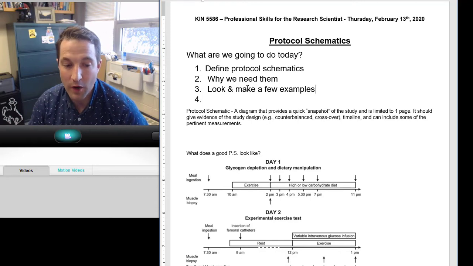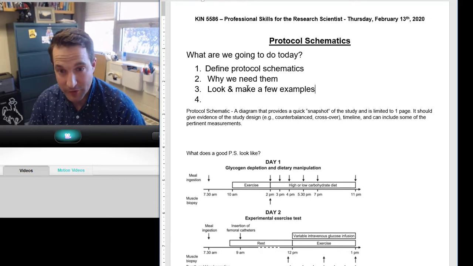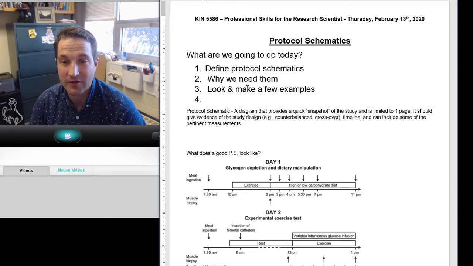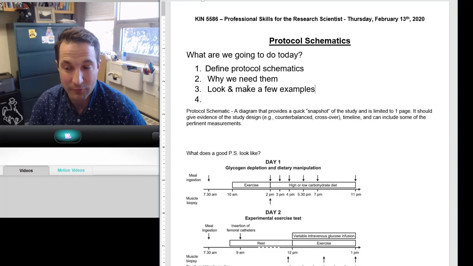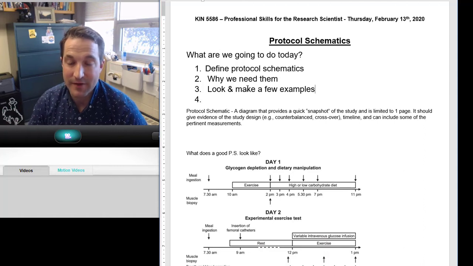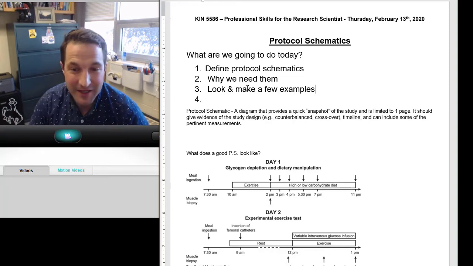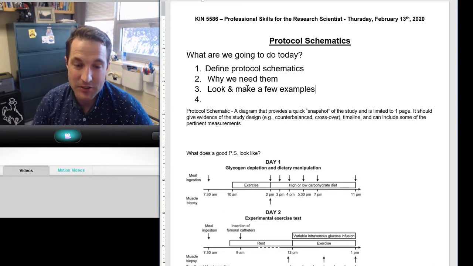I'm going to go over one, which is a subject recruitment tree, which is a special kind of protocol schematic. And then I'm also going to review how to make a protocol schematic for a presentation. This is something that I find people miss a lot with presentations, and it can be very challenging. If you think about some of the experiments you've been involved in, we're going to go over one today by Dr. Thomas that was extremely complicated, and talk about how we used a protocol schematic to make that easily understandable